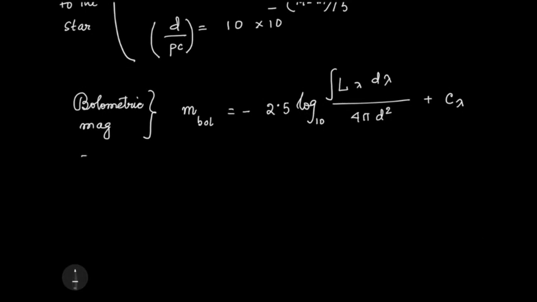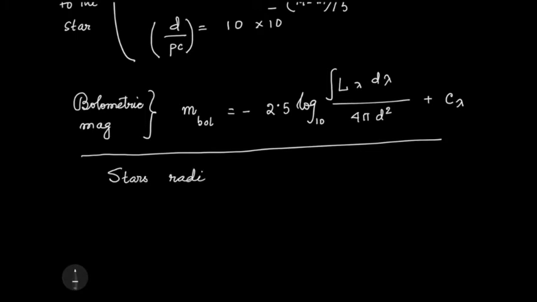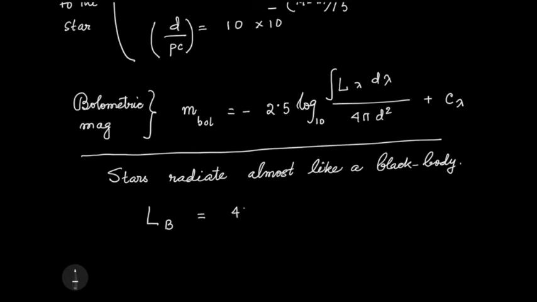Now, here is an important piece of information for you. Stars radiate almost like a black body. So what will be the luminosity for such a black body? The luminosity of the black body, as we know from Stefan-Boltzmann's law, is 4 pi r square,